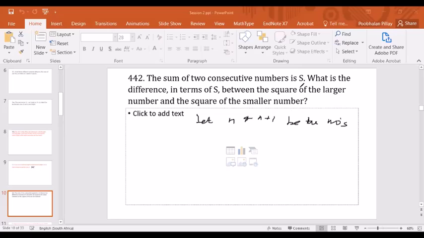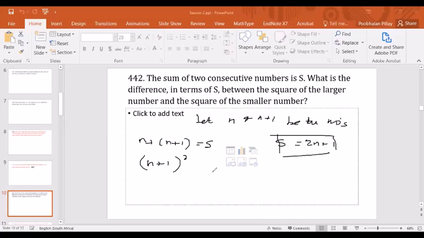Okay. Now it says here that the sum of these two numbers is S. So n plus n plus 1. So the sum is S. So we can just write this equation down. S is equal to 2n plus 1. You simplify it. Then it says the square. What is the difference in terms of S between the square of the larger number? The larger number of this